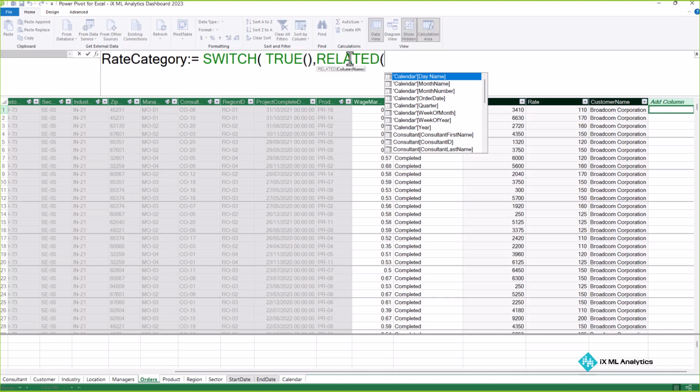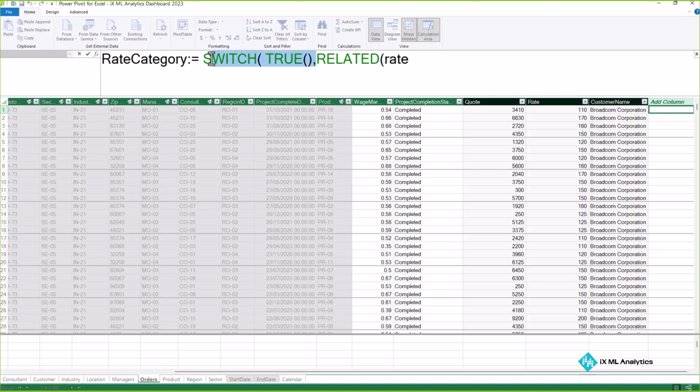So you type comma, RELATED, then rate. I believe by now you understand it. The only function you are using for the first time is SWITCH TRUE. So we have it like this: greater than 200, comma, in quotation marks, premium,